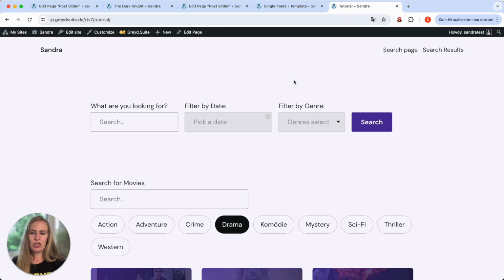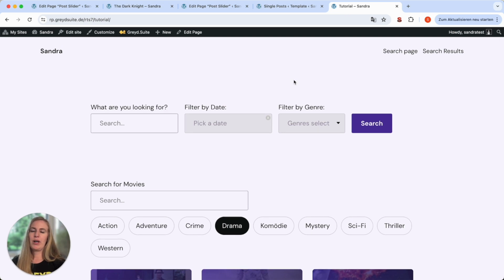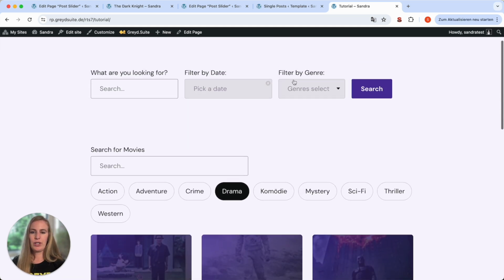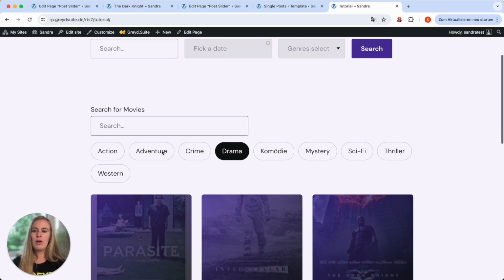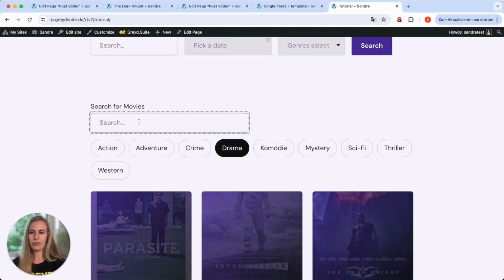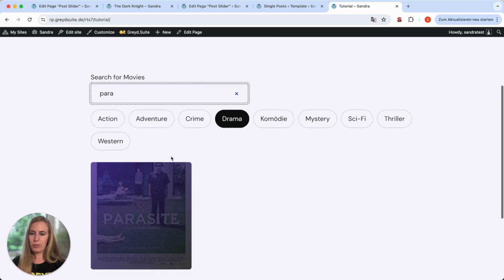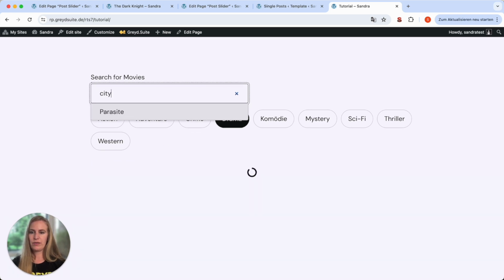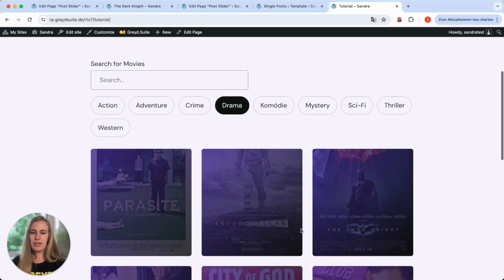What I'm now going to show you is what happens if we combine the post slider we've just had a look at with the Great Search. Great, you might know that we have a very advanced search feature and a very advanced search block in CreateSuite. We won't take a look at it in detail now. There's a dedicated tutorial video, but let me show you what happens if we combine that with a post slider. As you see, the results of my post overview update live on this page.